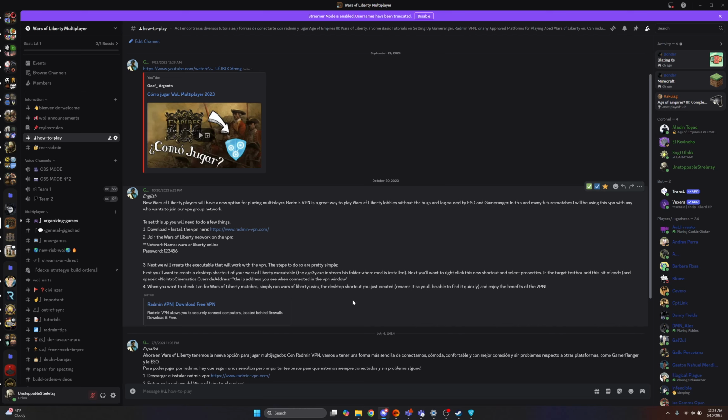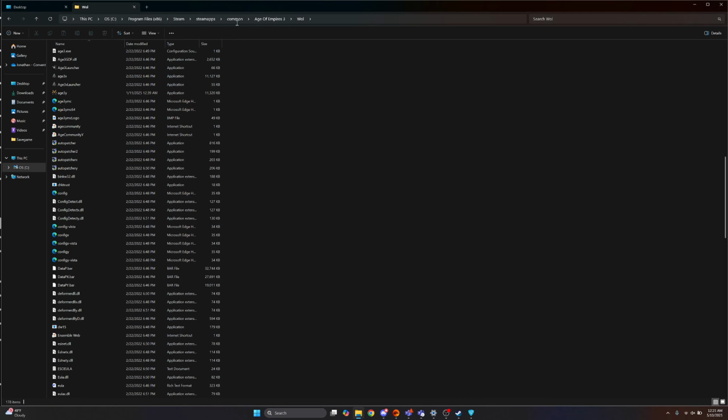So now, step 3. Next, we will create the executable that will do it. It's not enough to just join our network. You actually have to do some stuff with your game's code, or particularly an executable file to run it properly. To do that, we have to go into our Wars of Liberty directory, whatever that is. This is mine. You might have a different one. And you need to locate this executable right here,